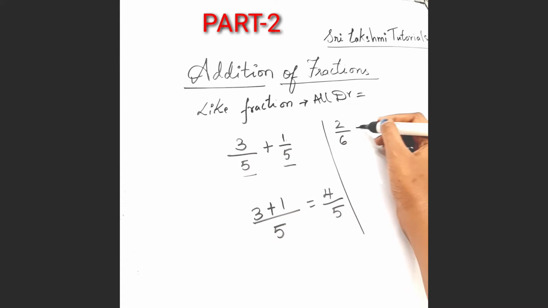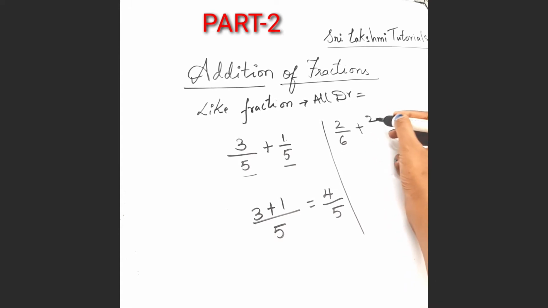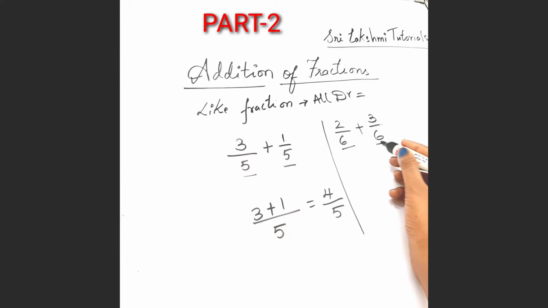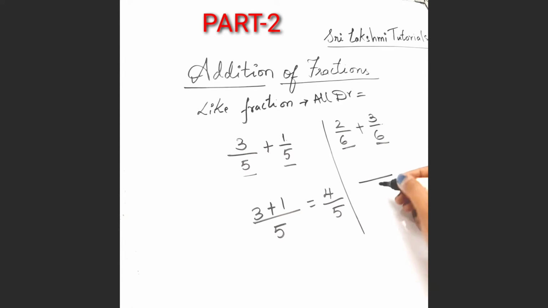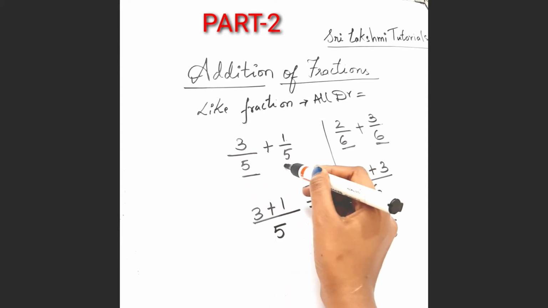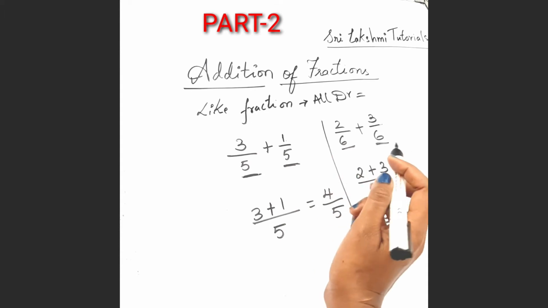2 by 6 plus 3 by 6. How much? Now first check whether these are like fractions or not. Both are having same denominators. So write this 6 only one time and add the numerators. 2 plus 3. Now how much? 5 by 6. Okay. In addition of fractions, first we need to check whether the denominators are in like fractions